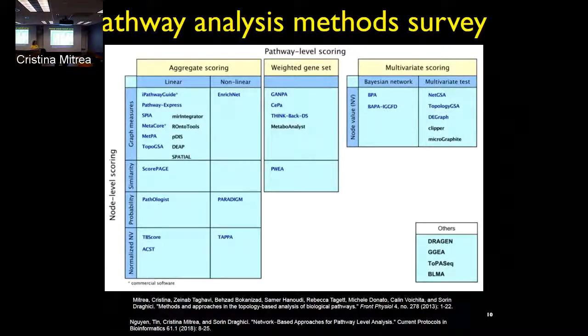So here there is a different view of the same methods. They are categorized by the type of scoring that they do: aggregate scoring, linear, nonlinear. That's the scoring at the pathway level, and we have the node scoring level, which is the gene or the protein level scoring, which can be done using graph measures, using similarity, like correlation, using probability approaches, or using normalized gene value or node value. So we have a lot of approaches that have been developed, and yet none of them